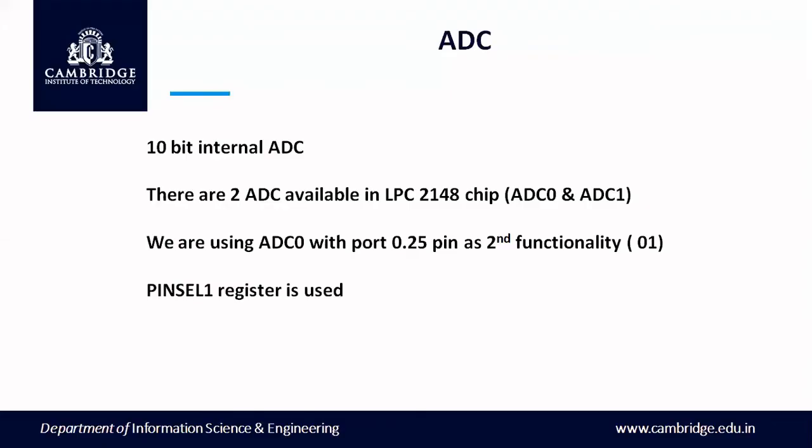So this is the main configuration of this particular ADC, wherein you will be able to use the 10-bit internal ADC. You need to remember 3 points here: AD0CR, AD0GDR, and port 0.25. If you configure that position in the pin select register, you will be getting some value. That value we will see in the program. So this is the explanation about the analog to digital converter. Now I will show you the program.